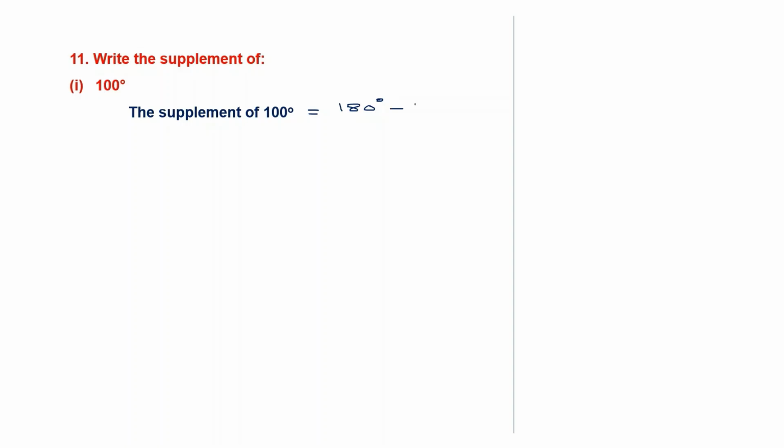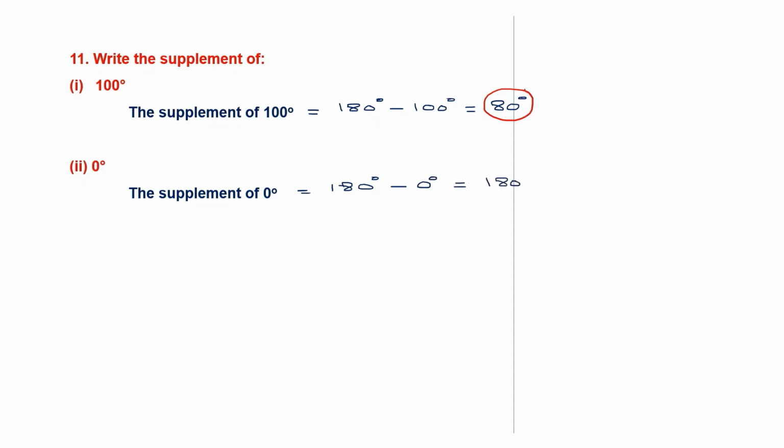So 180 minus the given angle, which is 100 degrees. 180 minus 100 is 80. So the answer here is 80 degrees. So the supplement of 100 degrees is 80 degrees. Next one. Supplement of 0 degrees. This time again we're going to subtract from 180 degrees. 180 degrees minus 0. 180 minus 0 is 180 itself. So the supplement of 0 degrees is